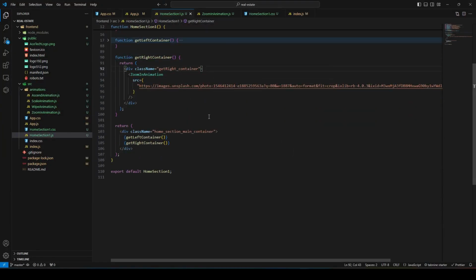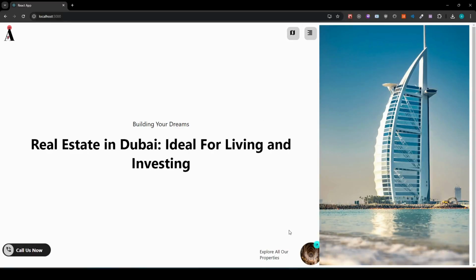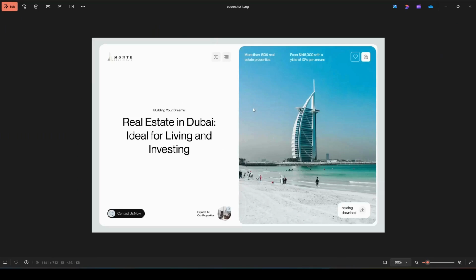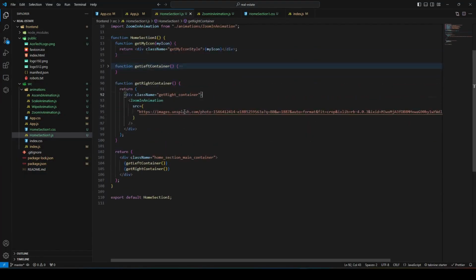And what we can do now is quickly align this as well, because according to our UI, these two are properly aligned, taking around an equal amount of space from both left and right. So let's go ahead and do that as well. Because they are display flex, we can give them 1:1 flex expansion, which is nothing but 50-50%. So inside our get right container and left container, which are our main containers,